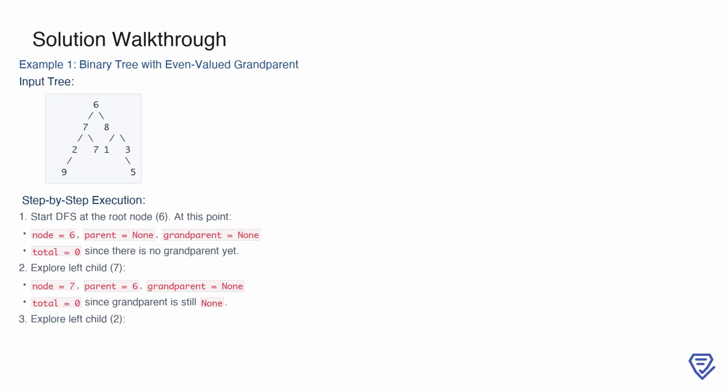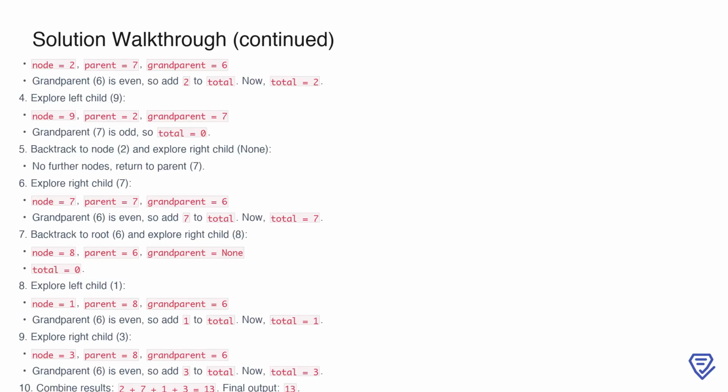From here, we continue exploring deeper into the left subtree of node 2. At node 9, the parent is 2, and the grandparent is 7. Since the grandparent, 7, is odd, we don't add anything to the total sum, and it remains unchanged. From node 9, there are no further children, so we backtrack to node 2 to check its right child, which is none. With no nodes to process there, we return to node 7 and explore its right child, another node